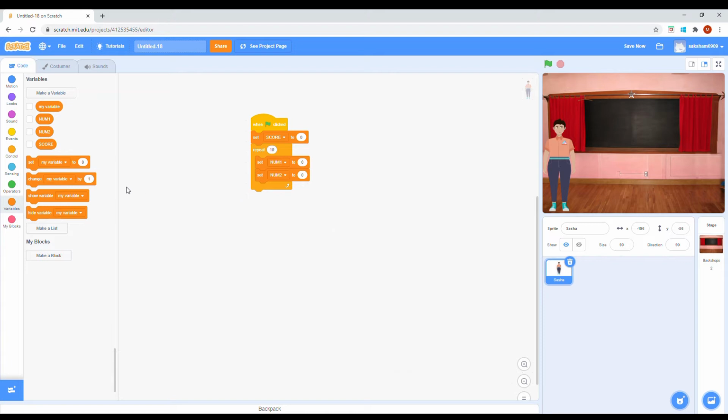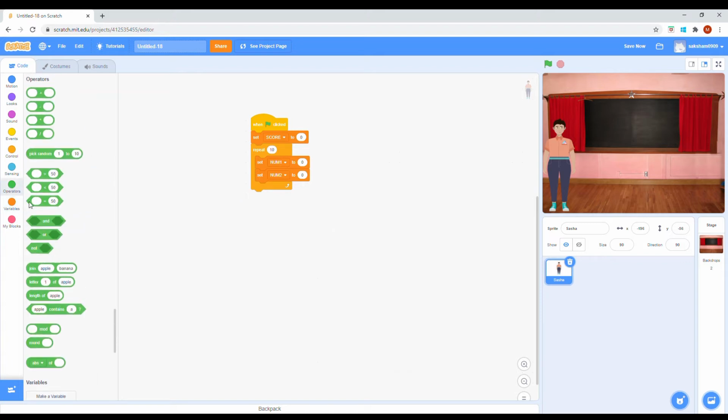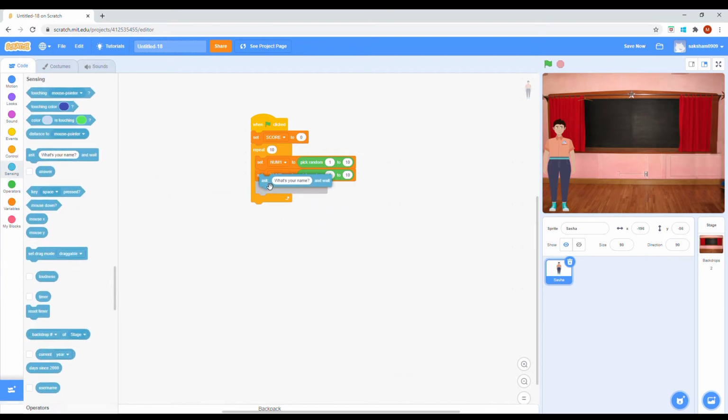So now over here you go to operators, then you go to pick random 1 to 10. This video I'm making of the tables, multiplication tables. This could be like a quiz of multiplication, like people do like us, like 7 multiplied by 8, it would be like that. So now when I have done this, then you go to sensing, you go ask, and